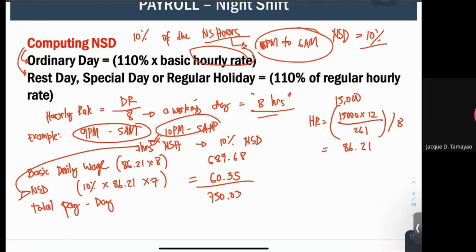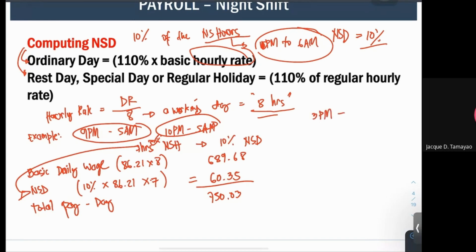Sir, what if I work from, let's say, 3 p.m. to 12 midnight? Okay? 3 p.m. to 12 midnight. So what is within your night shift differential here? Your night shift differential is from 10 p.m. to 12 midnight. So only 2 hours. So take note,